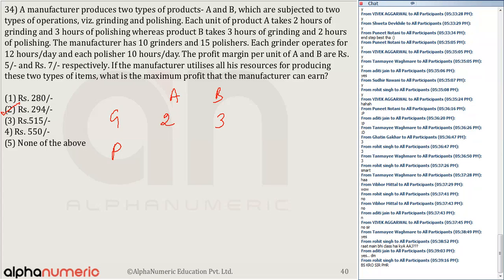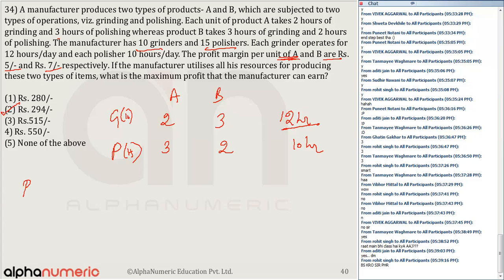Whereas product B takes 3 hours of grinding and 2 hours of polishing। The manufacturer has 10 grinders and 15 polishers, so number of unit of grinders is 10 and the polishers are 15। Each grinder operates 12 hours a day and polishers operates for 10 hours a day। Profit per unit of A and B are nothing but rupees 5 and 7 respectively। Okay, let's say A and B